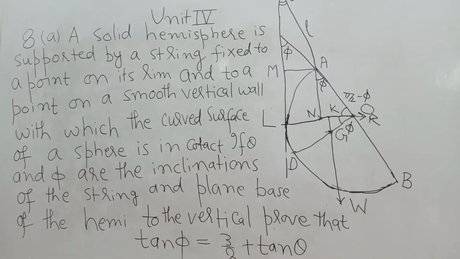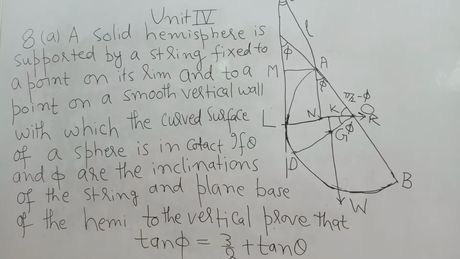I'm happy today we are going to the last part, last but one, I can say. That is the last unit, unit 4 of the question paper 2018. Now this unit 4 consisted of two questions, so I am attempting the first question, 8th A. We have to do 8th B as well to finish this question paper of 2018.